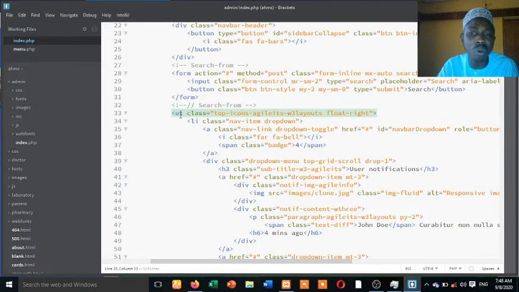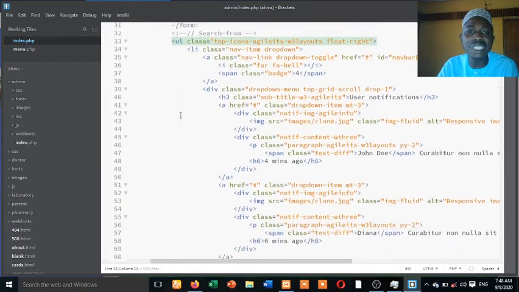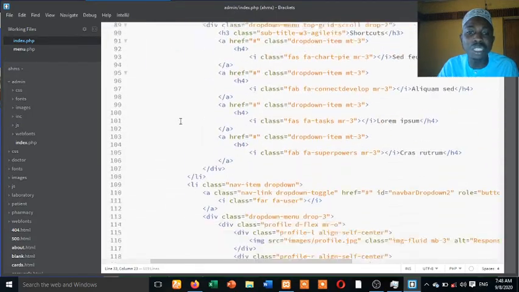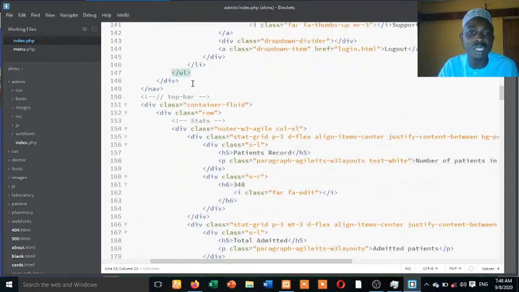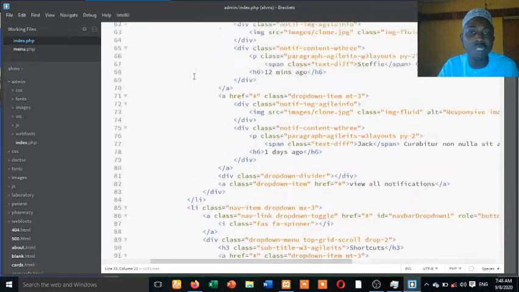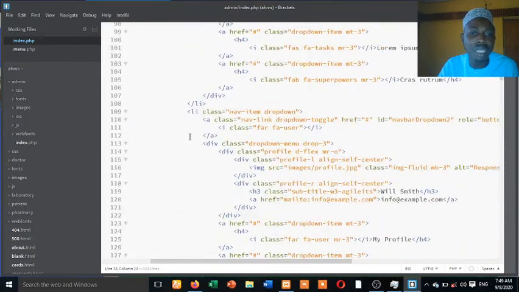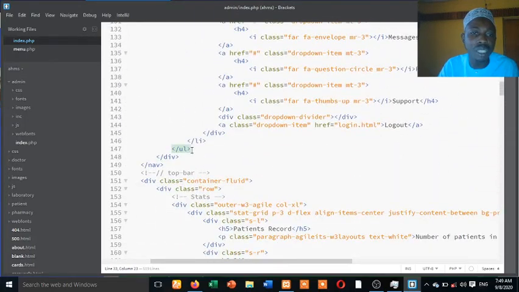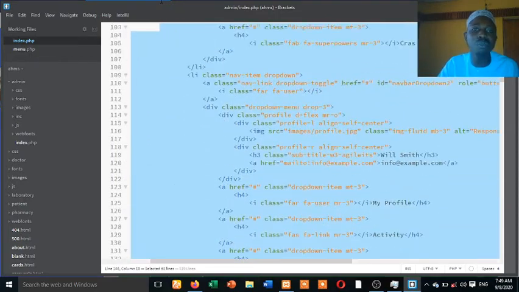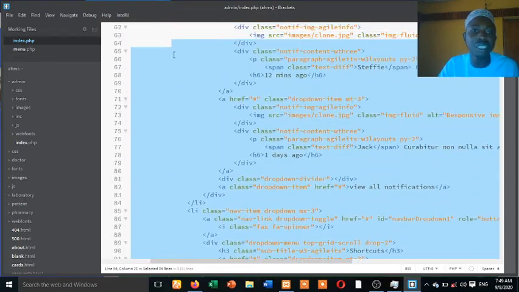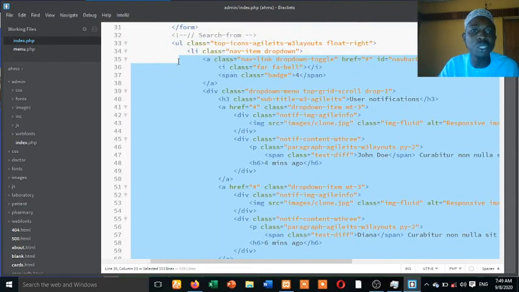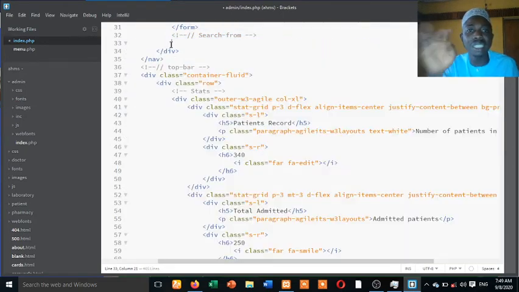look at this unordered list. Everything in this unordered list, if you remove it till where it ends, this is it. So you can check the line number if you are too far from it. It started from line 33 and it ends at line 140. So you can take it from 33. I'm teaching you how to edit all these things, so that you just follow my practice. When you save,